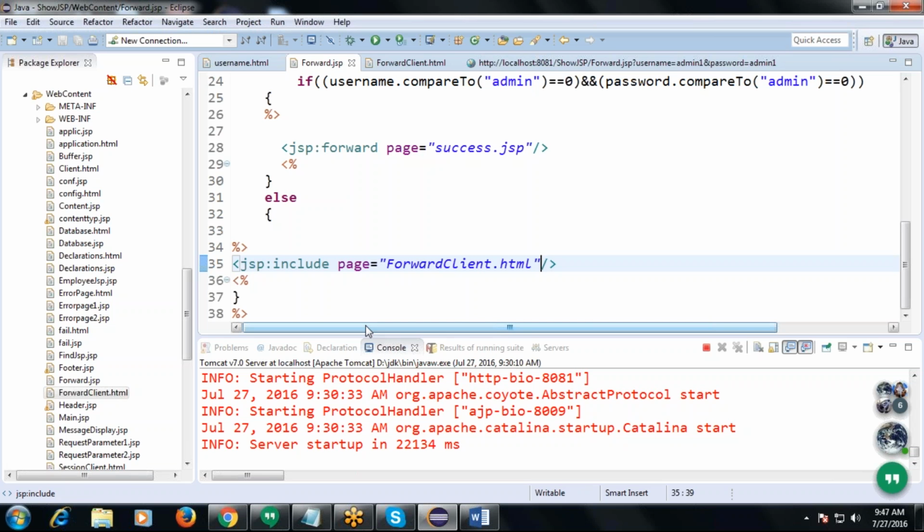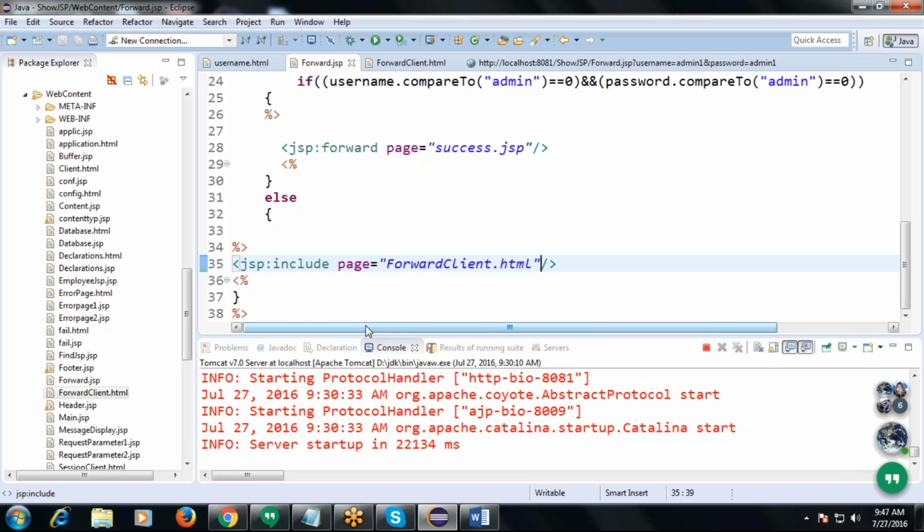Like vice versa: if instead of forward, you use include for success.jsp. No, that is not correct, because success.jsp is showing a success message in some other page.